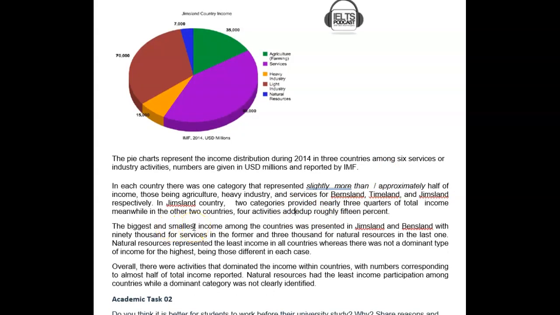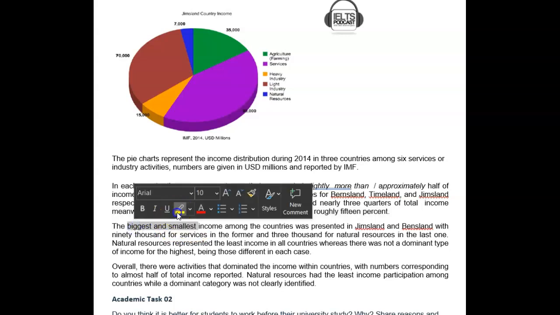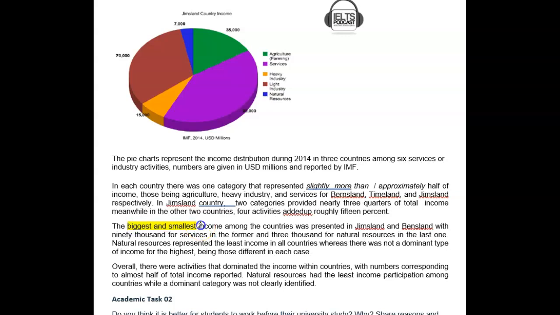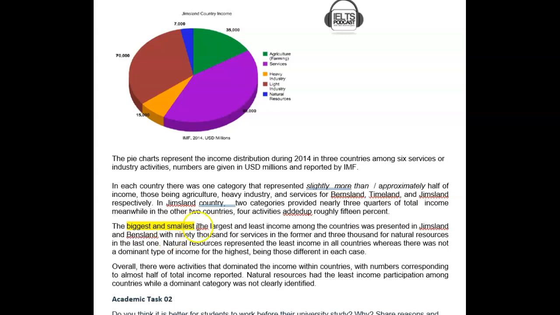The biggest and smallest. Now, I looked at this, and when you're talking about money, you can't really go biggest. You have to go the largest and least, which would be quite good. So I'd go the largest and least income. So we talk about a large income, not a big income, really. And this is obviously higher level English. The largest and least income